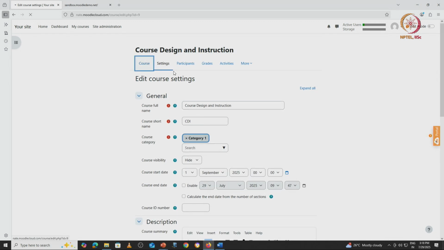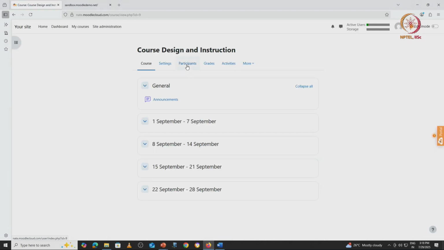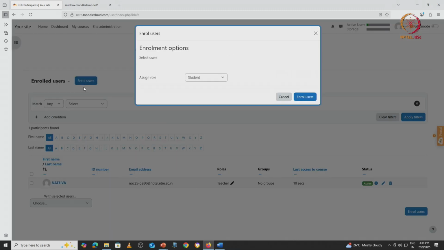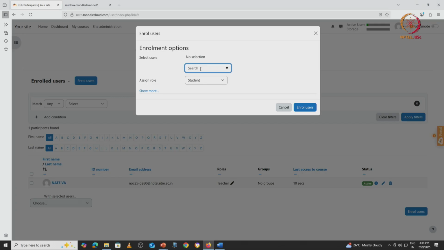Now, we will try to add a teacher to the course. For that, we have to go to this tab participants. Here we do not have any users enrolled. To enroll the users, you click on enroll users and search for the user. You remember we had created 3 users, 1 teacher and 2 student accounts. Now, first I will be adding the teacher as teacher to the course,